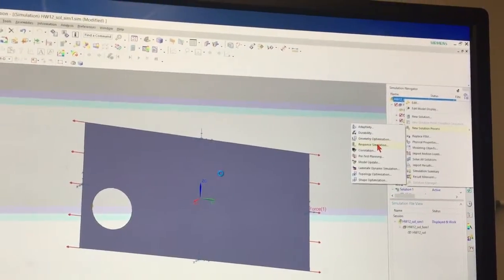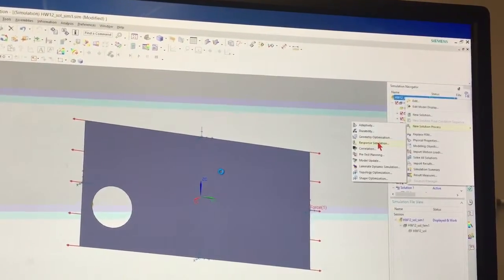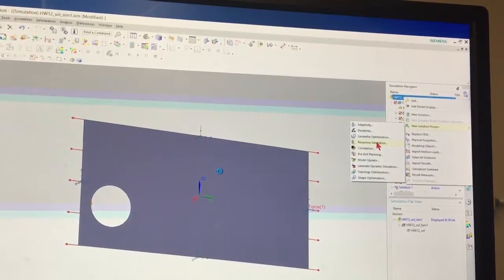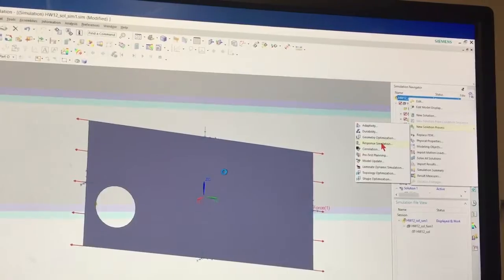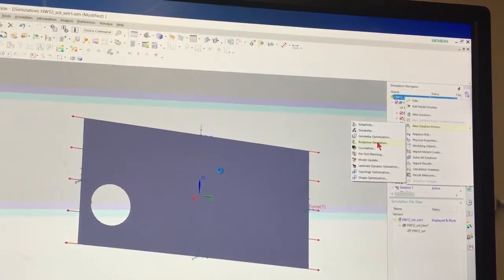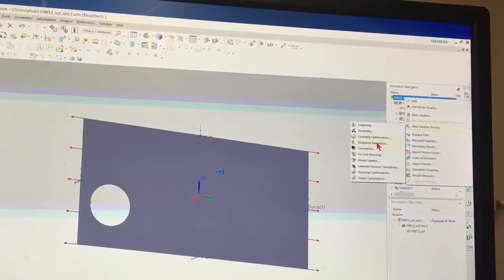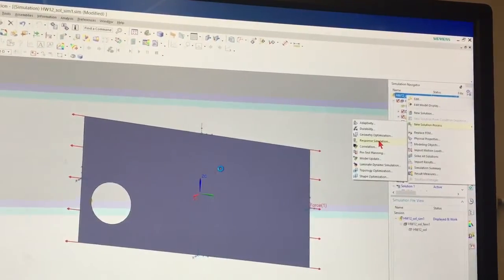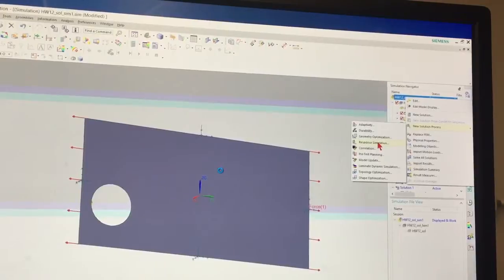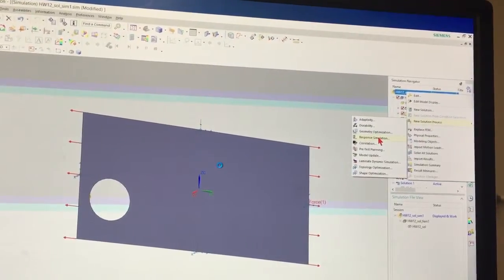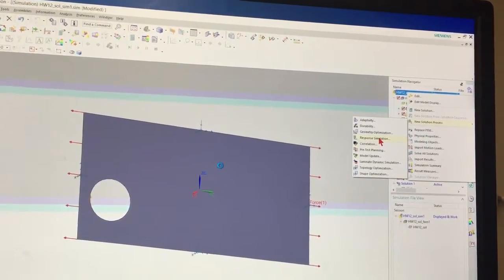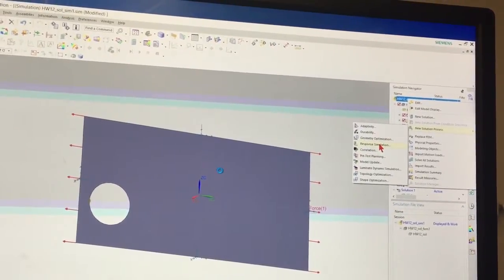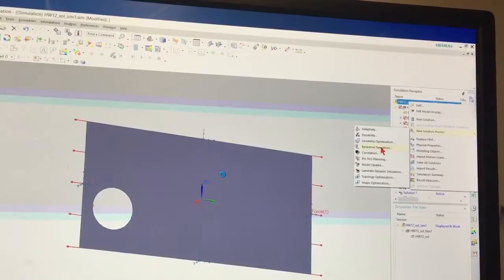This response simulation, if I had shown you how to do things based off of time, so in other words, we can take something and we can apply a force, pull 100 pounds for 10 seconds and then release it, we can simulate that. Okay? And we would do that with this response simulation. So we can do time-based stuff, and for every node in our model, we're going to have 6 degrees of freedom, right? So for every